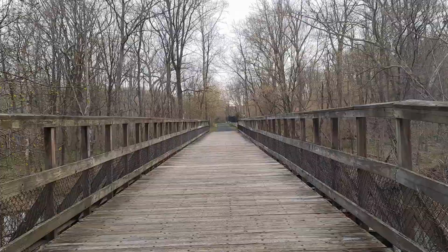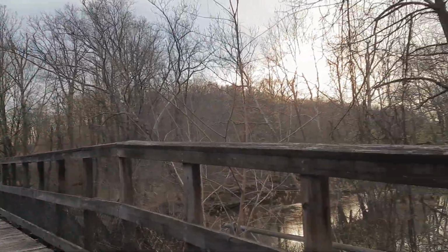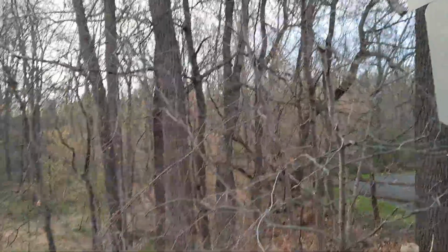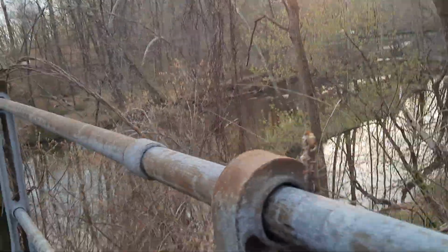That trestle was also a covered trestle at one time. So again, it's pretty rich in history up here. I could save this for another video, but I'm going to check this out. A lot of these old